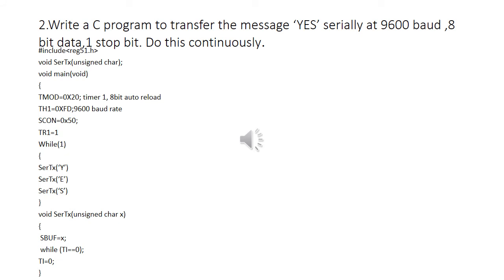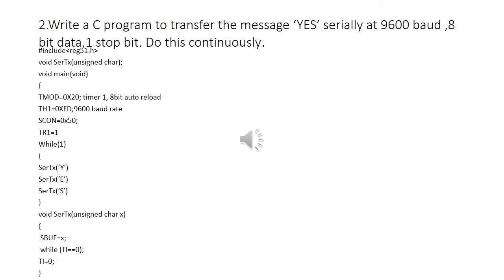Then after that you are going to call a function with the value of the character Y. The function that you are going to call is SCRTX. So in that function you are going to pass a value called Y. The control of the program will be transferred here. So wherever the character x is there, you are going to replace it with the value of Y. So that Y value will be assigned to the SBUF register.